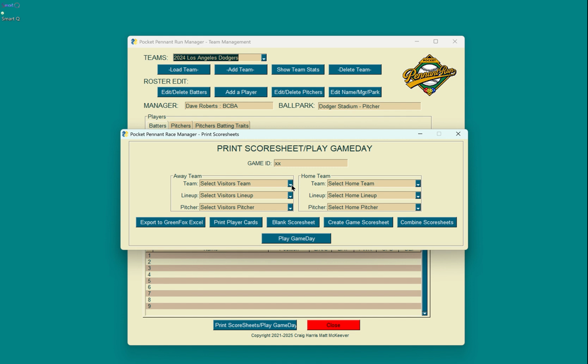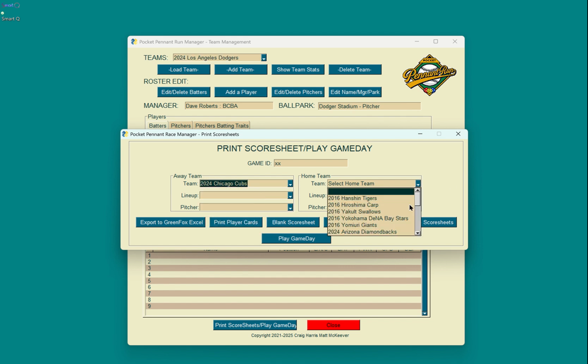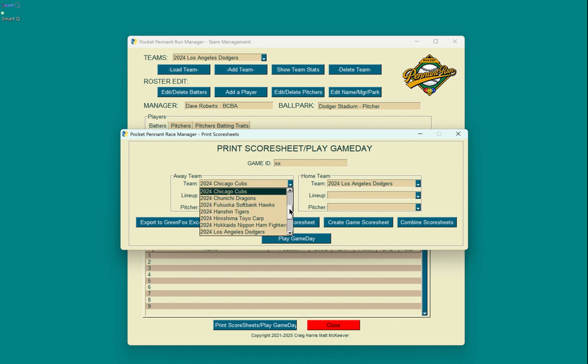Let's call it test. Let's say the 2024 Cubs were playing, who should they play? Let's say they're playing the Dodgers, and ignore that, I haven't got any lineups. You always have to save a lineup if you want them to play. Let's say they were playing,